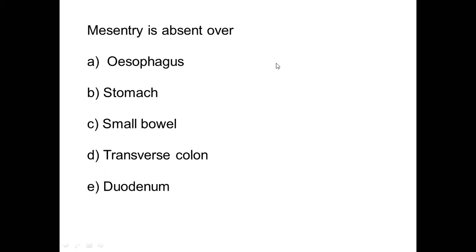Yeah, okay. Esophagus, it has its mesentery, but we didn't study it together because it's usually a part of the thoracic cavity or the chest. Esophagus maybe comes over there. Yes, you're very right that mesentery is absent in cases of duodenum, while the rest of the organs like esophagus, stomach, small bowel, and the transverse colon have their own mesentery.